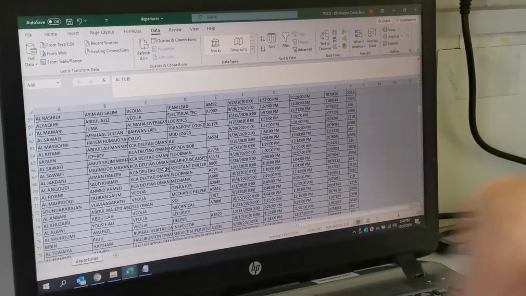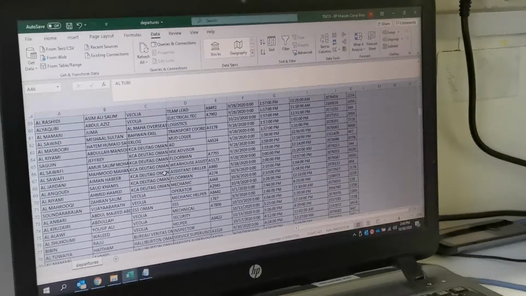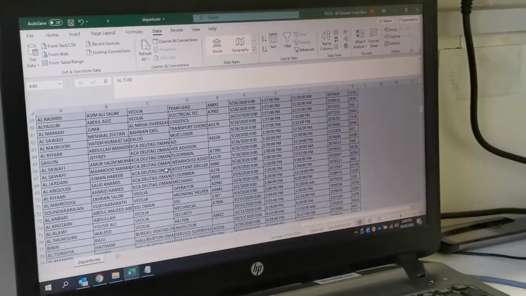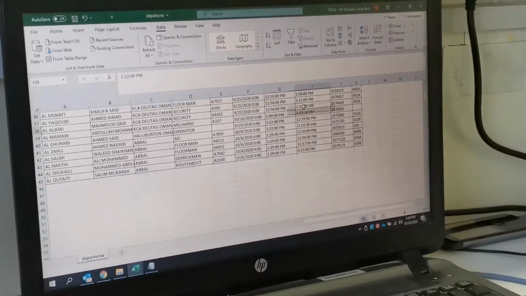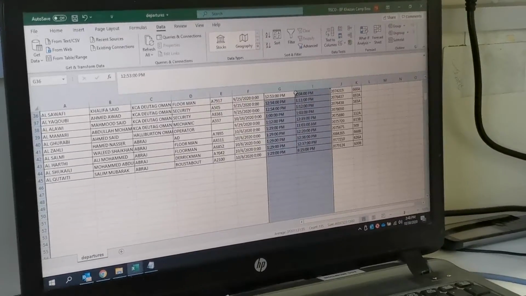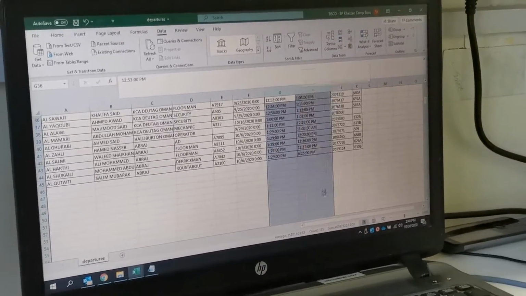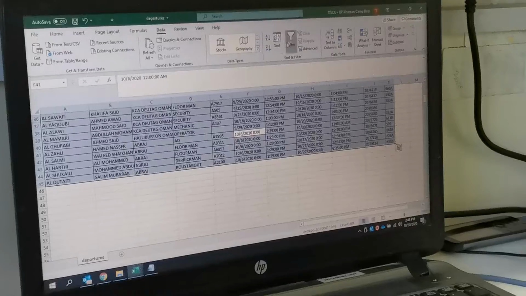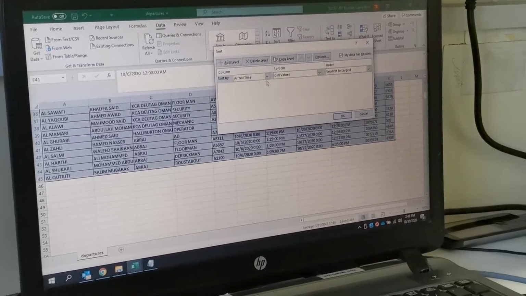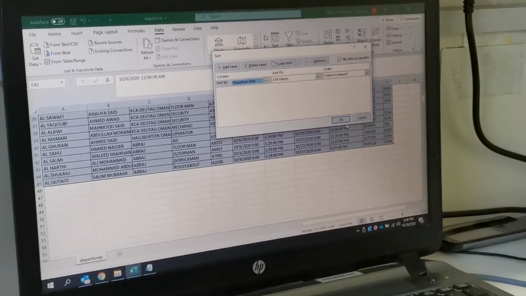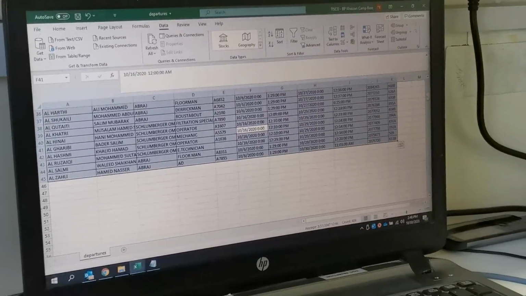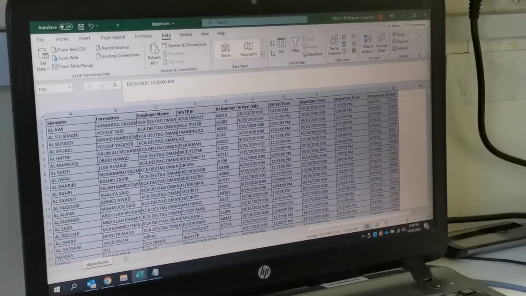And if they are checking out after 5 or 9 o'clock, they are not coming in our POB, so that's why we keep that one. So delete all these. Now these are all guys who take one extra meal. Then sort it with the departure date, and that's it. End of the story.